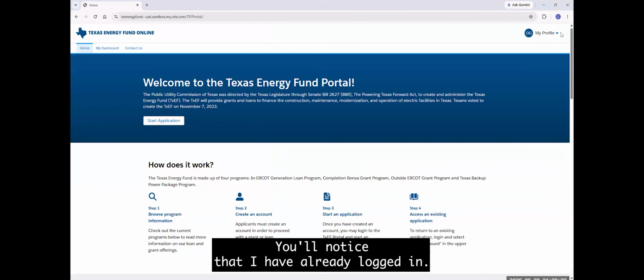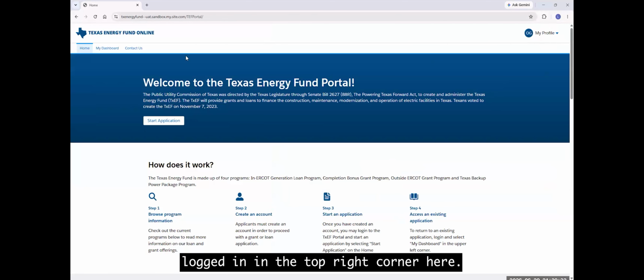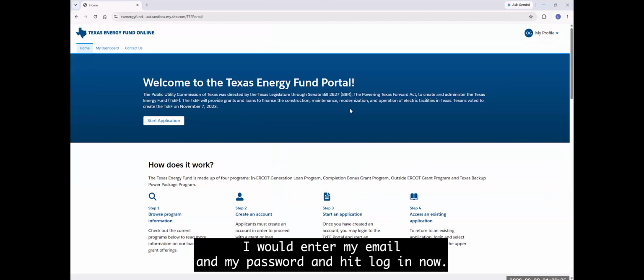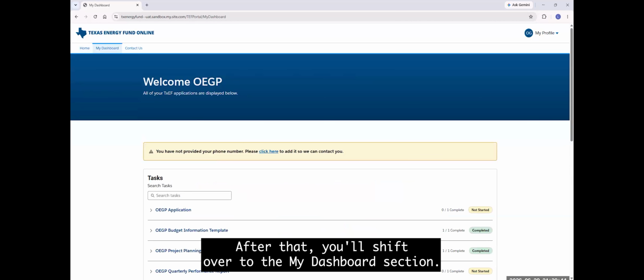Now we will pivot over to the TxEF portal. You'll notice that I have already logged in. If I hadn't already logged in, you would see login in the top right corner here. I would enter my email and my password and hit login. After that, we will shift over to the My Dashboard section.